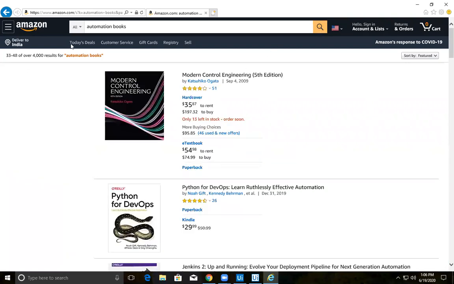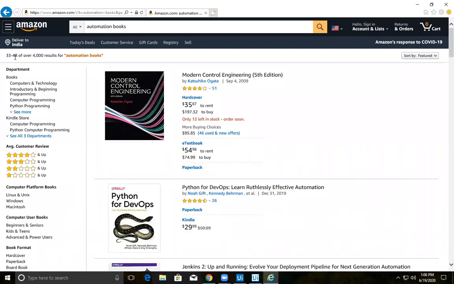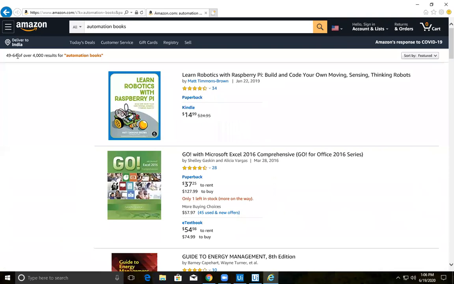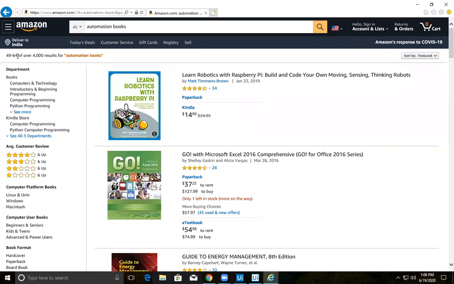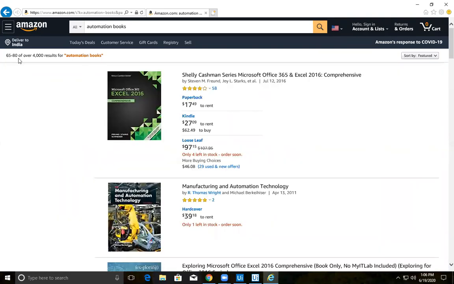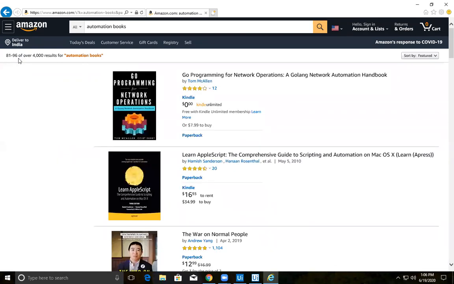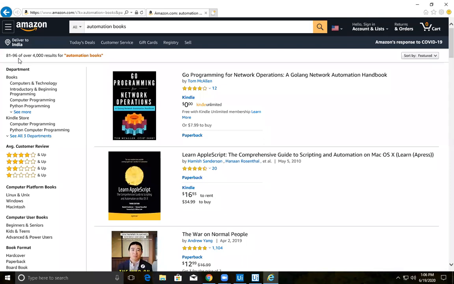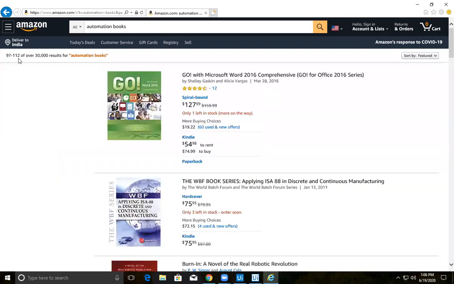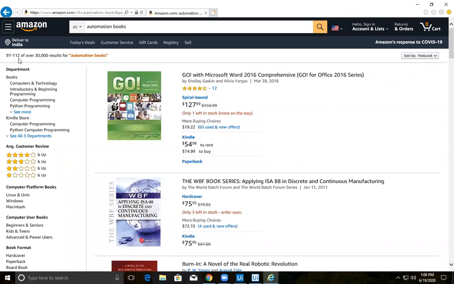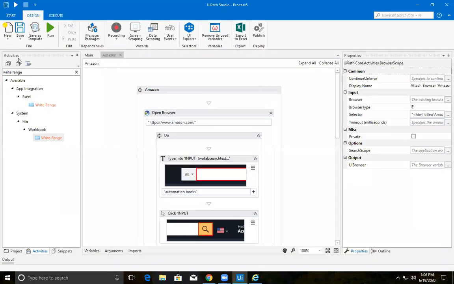It needs to stop at 100 here, wherever the 100 comes, because we are asking for 100 records. For the next page, it needs to stop. Yes, for this page it needs to stop. Yes, it stopped, so it worked perfectly.